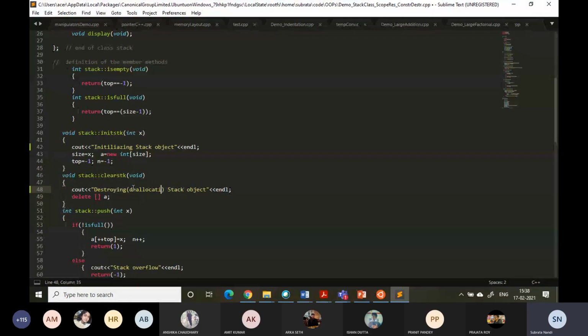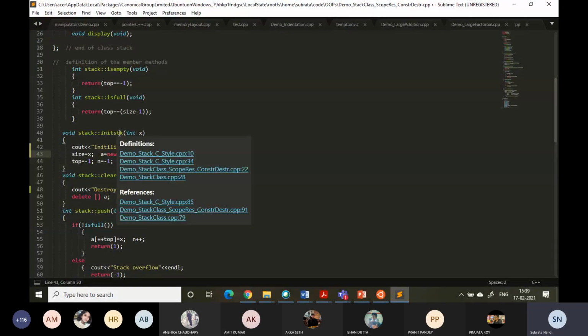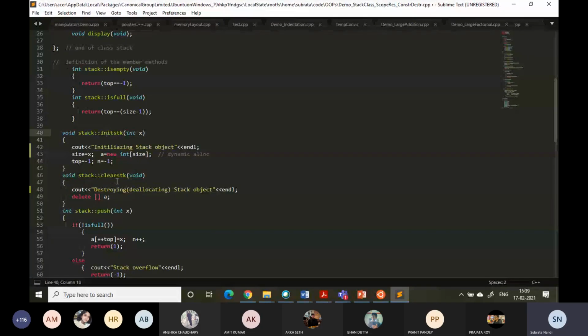Because while construction we have used some dynamic allocation here, that needs to be undone. Another recommendation for every class definition you write: whenever you find that when constructing the object you have used dynamic allocation somewhere, you should always write the reverse of it, equivalent to delete or deconstruct or destroy, the initializer and the destruction of that. So if I run this code,